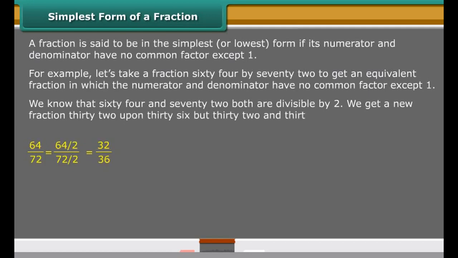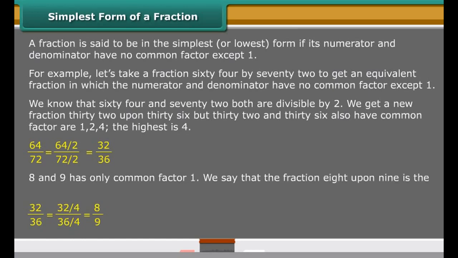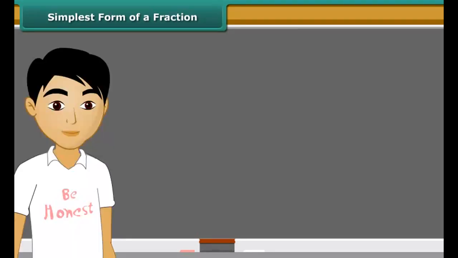32/36, but 32 and 36 also have common factors 1, 2, 4. The highest is 4. 8 and 9 have only common factor 1. We say that the fraction 8/9 is the simplest form of 64/72. Students, second method to find the equivalent fraction in the simplest form is to find the HCF of the